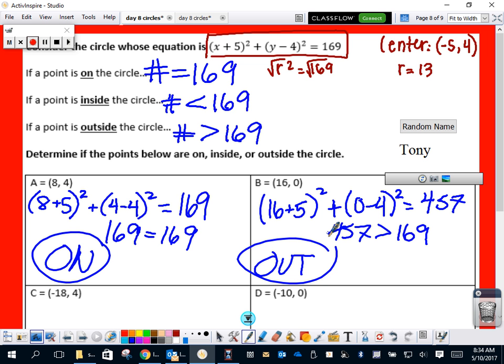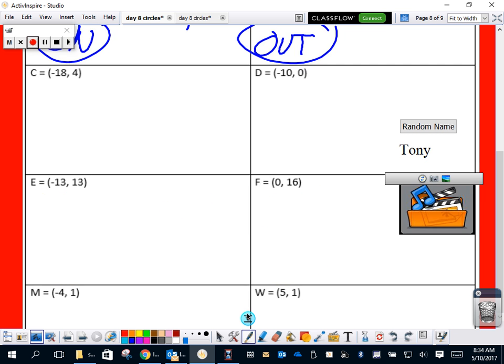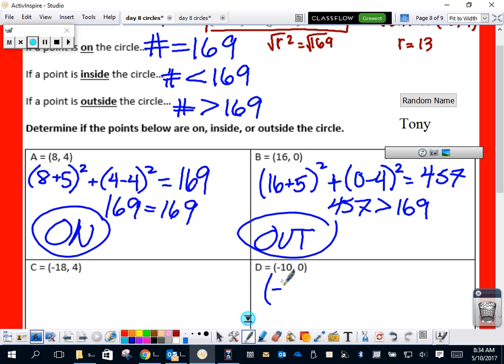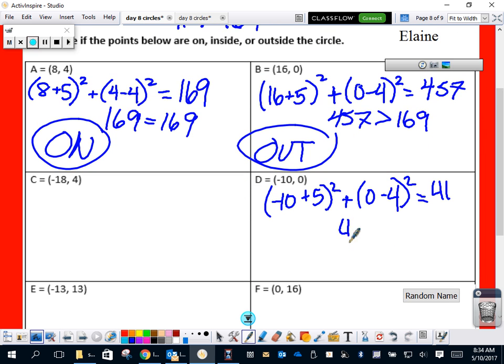All right. I'm going to do D, and then the rest will be on your own. Okay? So you're using your equation. So you're going to do negative 10 plus 5 squared plus 0 minus 4 again. Give you a couple seconds and then I'll pick somebody. I would key it in exactly as I see. Elaine. Perfect, that's what I got. So, 41, is it equal to, less than, or greater than 169? So, are we in, out,